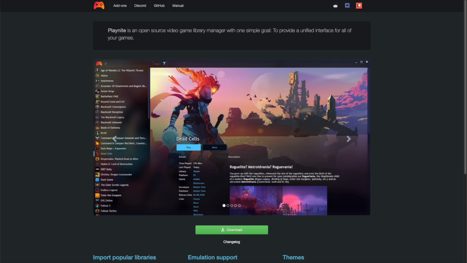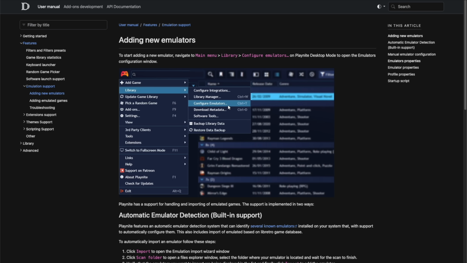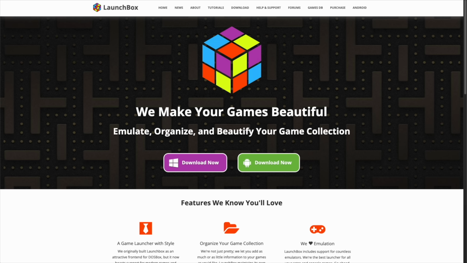And then finally, there are a couple other options within Windows. For example, this one called Playnite. This one functions as a front end and a game organizer, but it's more dedicated to things like PC games. So it will take your Steam and your Epic Game Store libraries and put them together. It does have a feature that will allow you to integrate emulators as well, but it is a little bit complex. And then finally, we also have LaunchBox, which is very similar to Playnite, but more emulation focused. And again, here the configuration is a little bit more complex than what we're going to be doing here today